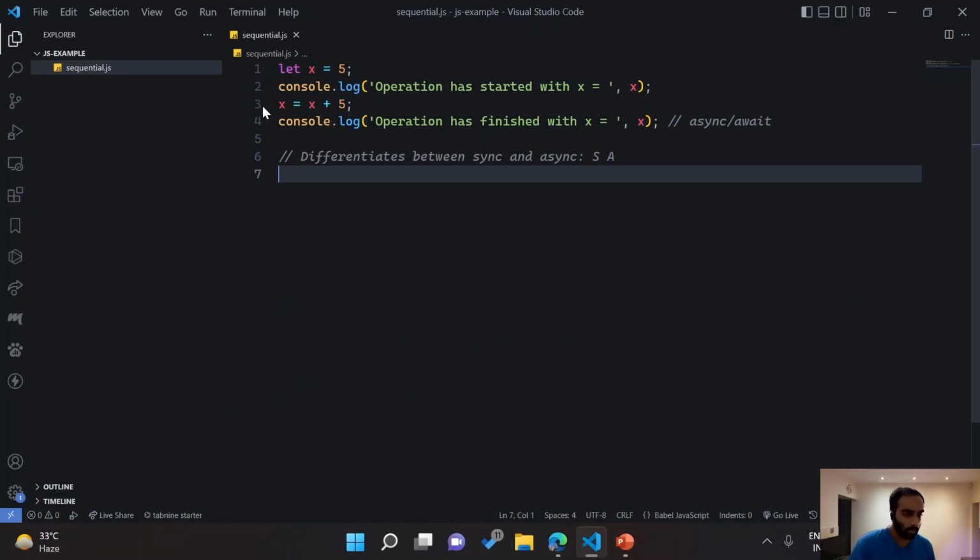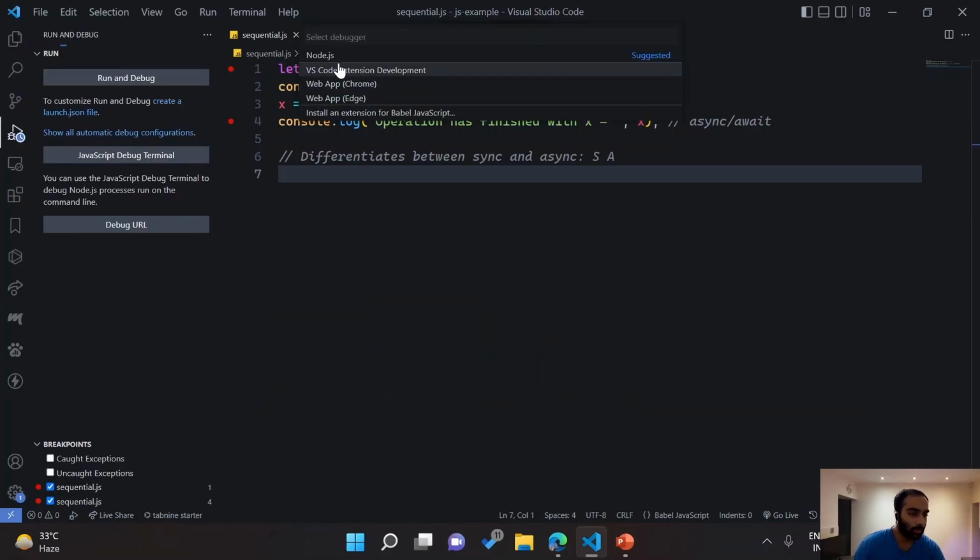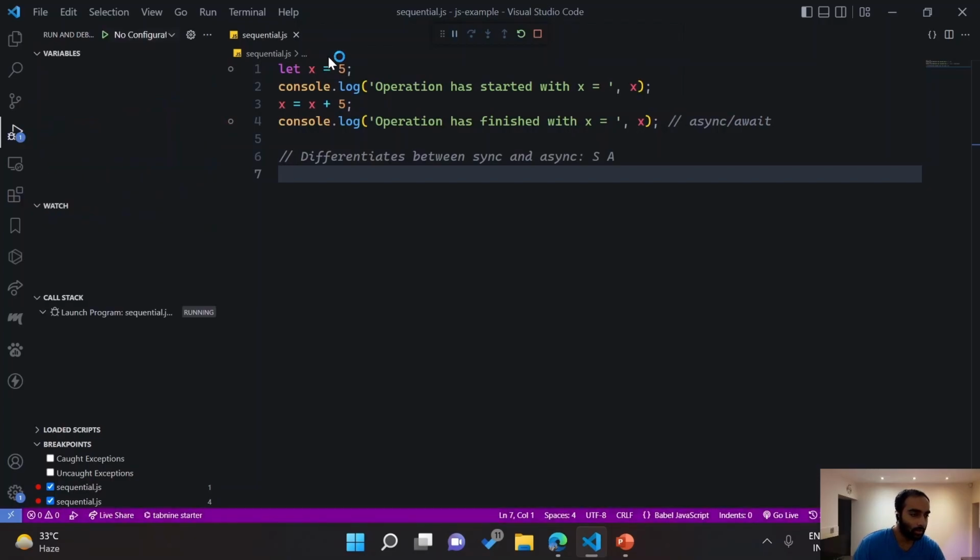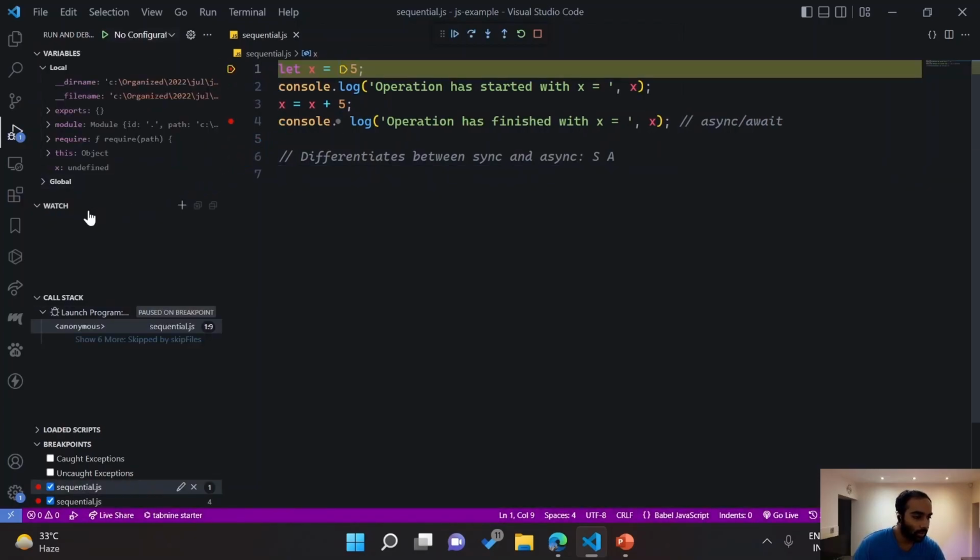And if you look into the call stack, let's have a debug. Let's run this in debugger mode. So we will have a breakpoint here, then we will have a breakpoint here, and that's it. I think that should be good enough. Okay, so if I save this and go to debug mode and run and debug with Node.js, you can see until this point we have just declared this variable, and that's why it is currently undefined. And now if you see the call stack, it is empty. But if I play next,